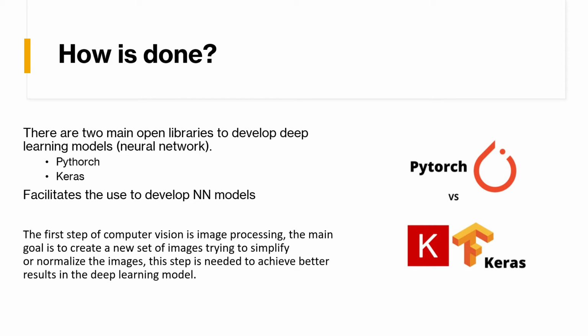So how is computer vision done? There are two main open libraries to develop deep learning models: PyTorch and Keras. These libraries facilitate the development of neural network models. The full process of a computer vision project is to load the images, process the images, and create a new set of images, trying to have a simplification and a normalization of the images with the goal to achieve better